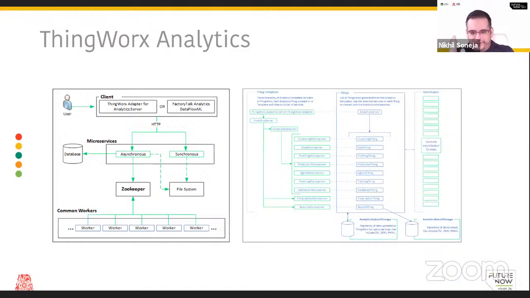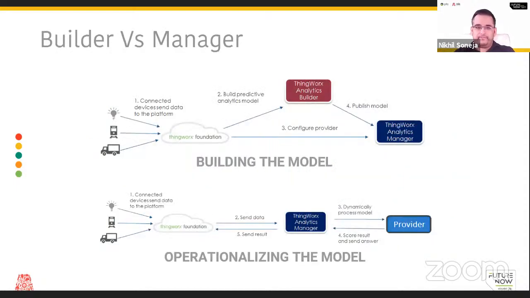This is, of course, a very detailed diagram. You don't need to look at it closely, but you can see the architecture if you want to really look under the hood. You can see Zookeeper, all working on microservices and a database. That is the server where it's running different worker threads and how it communicates. You don't need to worry about this. This is very detailed, and only something a ThingWorx admin would really need to worry about.